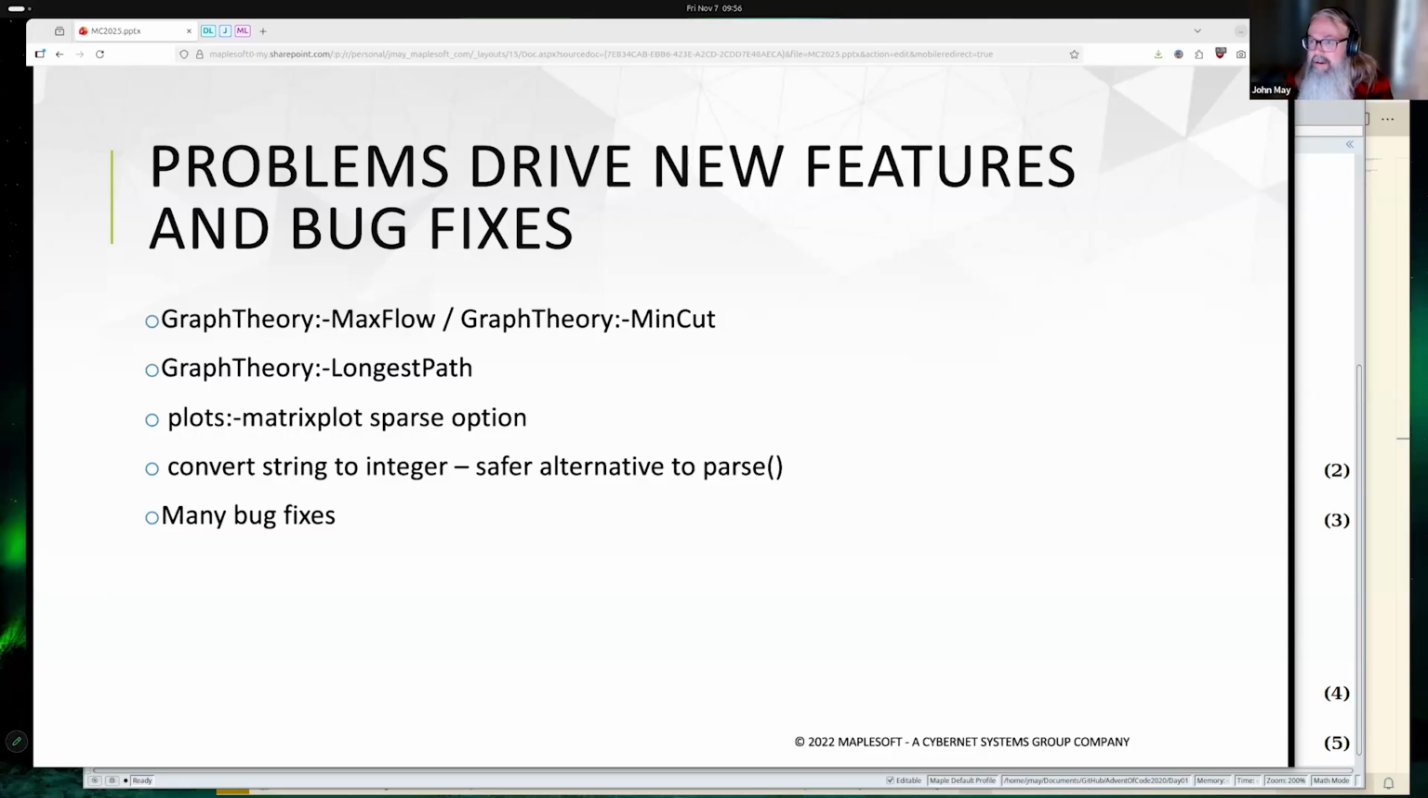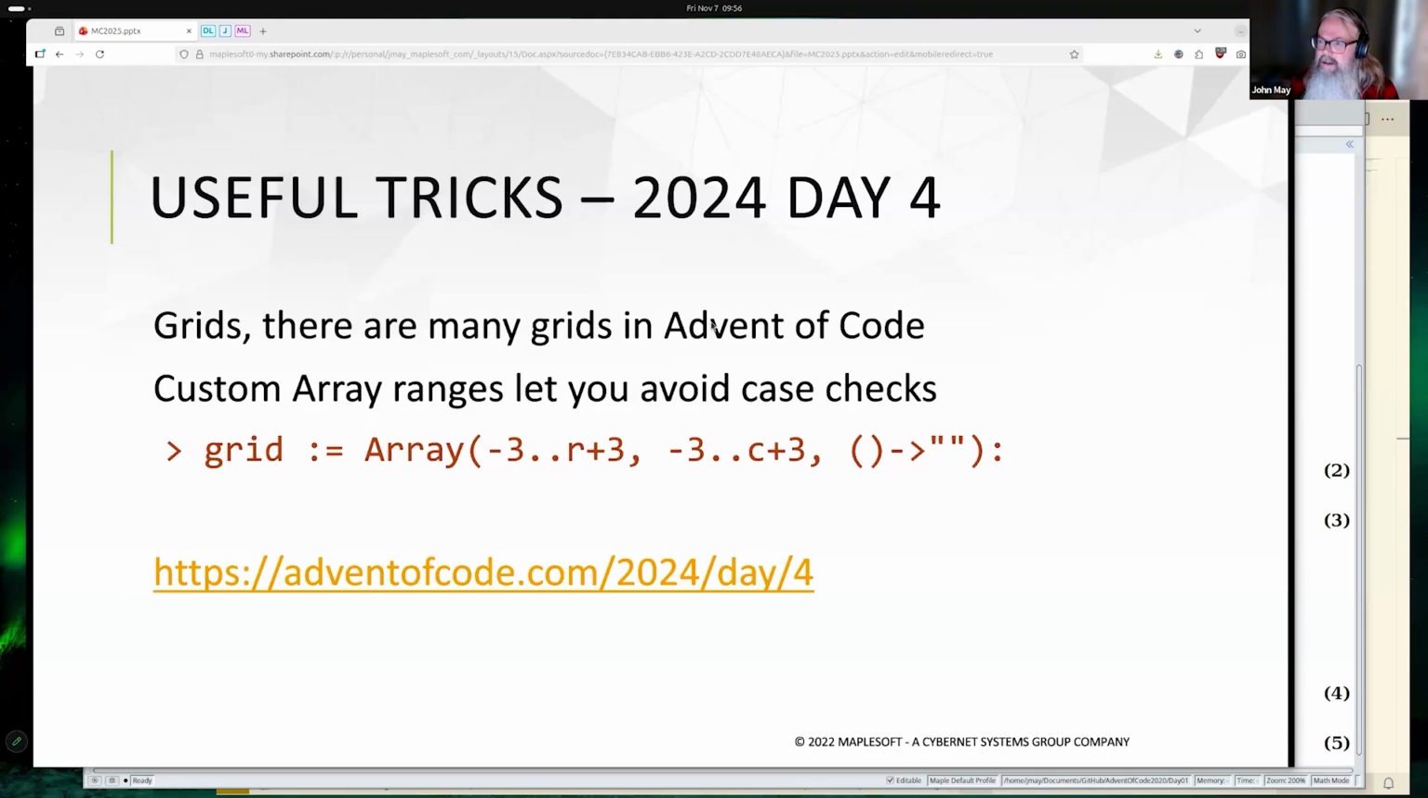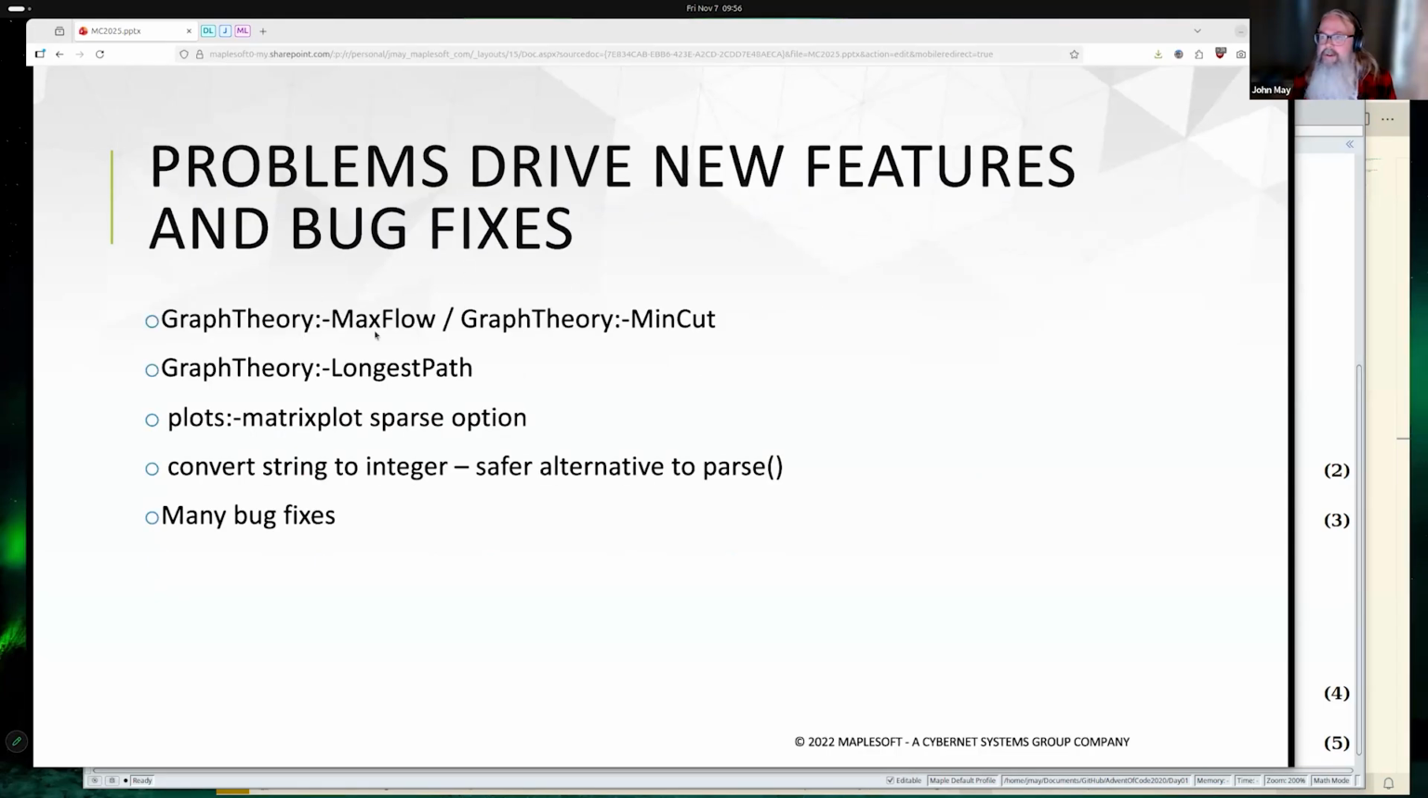Because I will go over to the forums where people are talking about how they solve problems, and they'll say, oh, I just opened Python and used networkx to do this command, and I think, I should have had that in Maple. So graph theory got some new commands, I think last year. I wrote the minimum cut command based on a rewritten version of the max flow command. And I did that in response to an